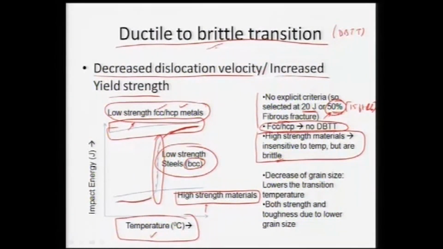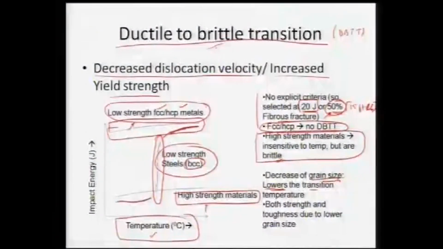So, coming back to the microstructure of the material, when we have a nanocrystalline material, we are seeing a decrease in the grain size, and that will allow much more deformation even at much lower temperatures, because now grains can realign. They also have very high strength, and in turn they can have very high toughness, or it means they can retain this higher impact energy of 20 joules even at much lower temperatures. So, decrease in grain size also lowers the transition temperature, that is very good, because now the material can operate at even lower temperatures, and that occurs because of both enhancement in the strength as well as toughness due to the lower grain size.